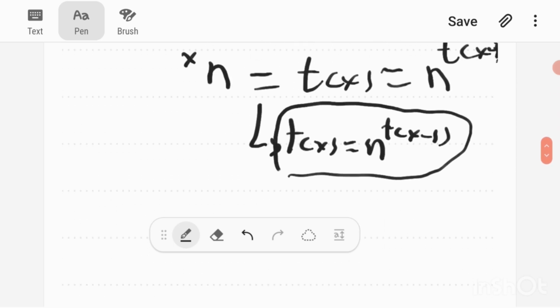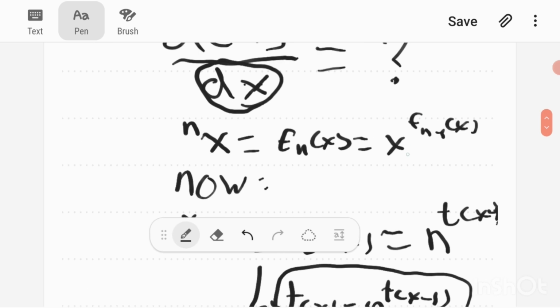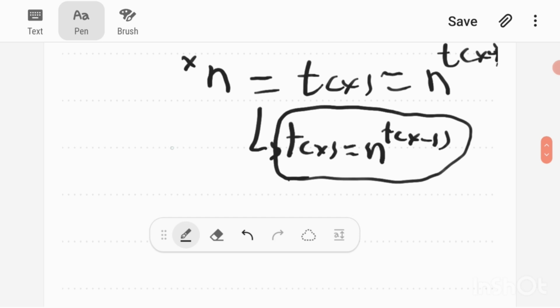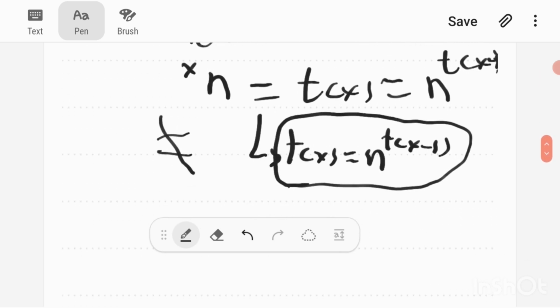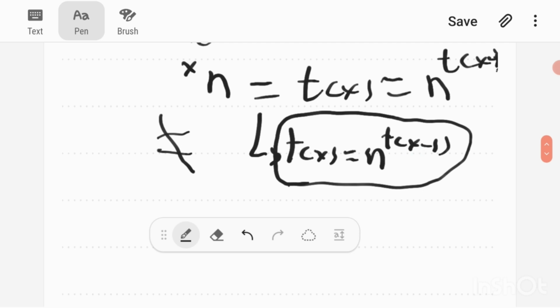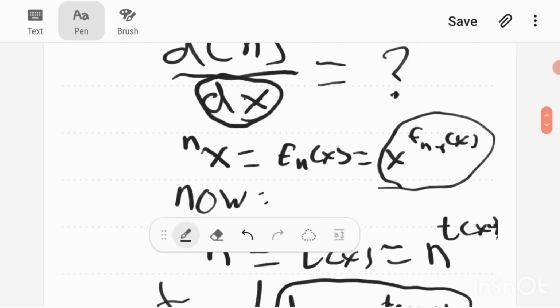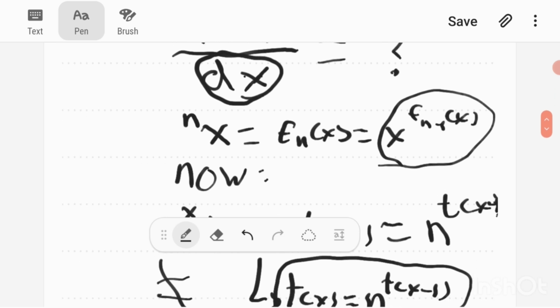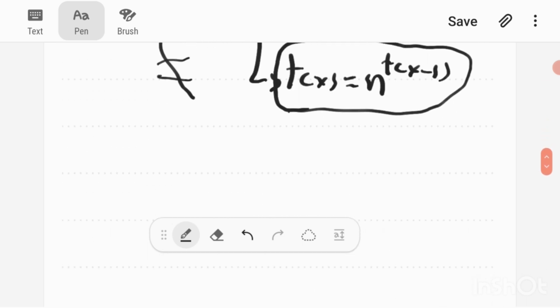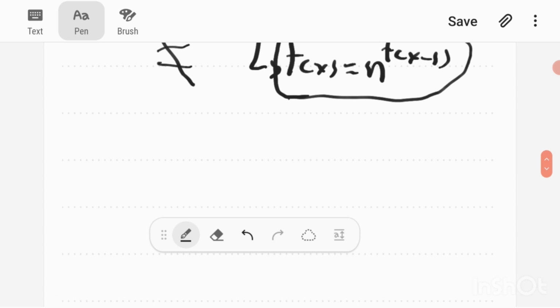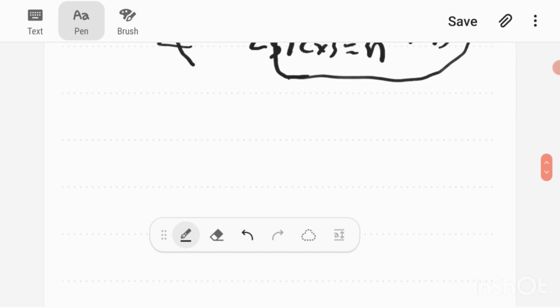So now that we have this form, things get a lot simpler. It's analogous to the last form. We had x to the power f_(n-1) of x, but note that this one looks a lot easier because n is a base, it's a constant, so we don't have to differentiate the base itself, unlike the previous case. And they're not equivalent, because, well, technically they are equivalent, but their derivatives would not be, because we are differentiating different parameters of the hyperoperation. So now t of x equals n to the power t of x minus 1,